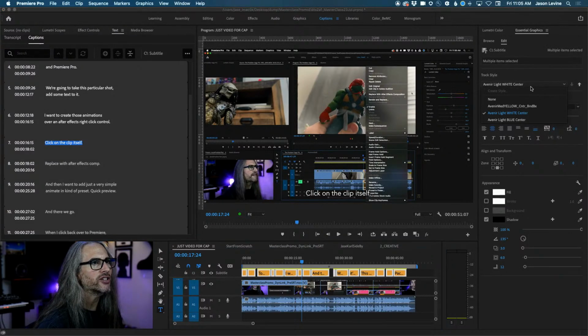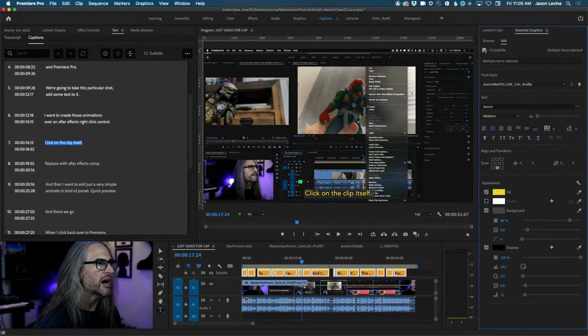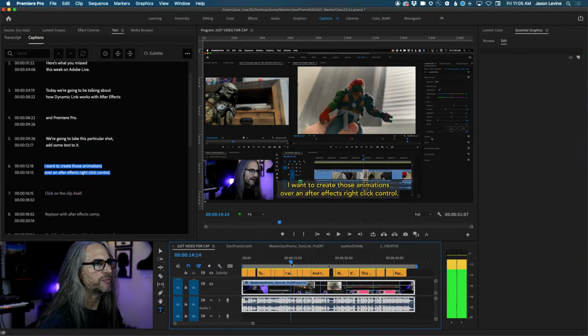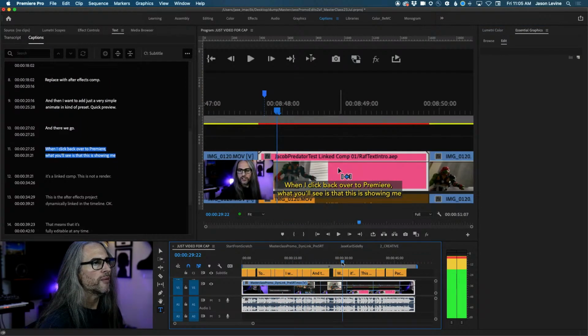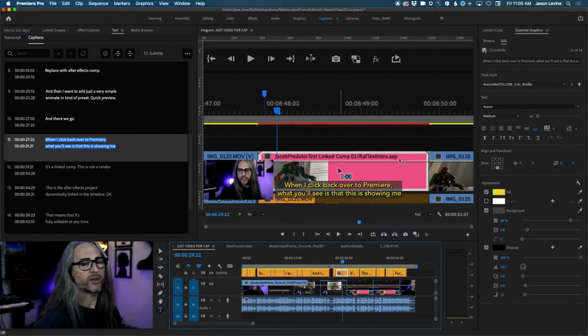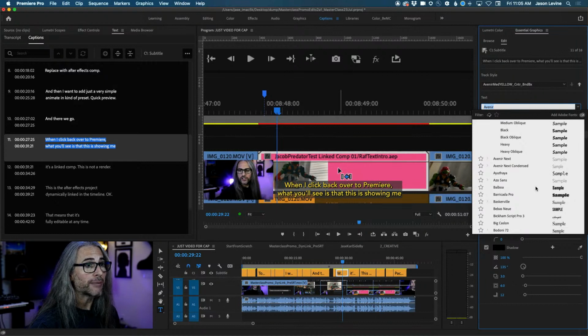So you can select your caption blocks, and let's try that Avenir Medium Yellow with the bounding box. And you can see now you have all of your captions appearing that way. So just as we showed you moments ago with creating text, now you're using Essential Graphics to customize your captions any way that you want. So they can be any font that you want them to be. If you want your captions to be in